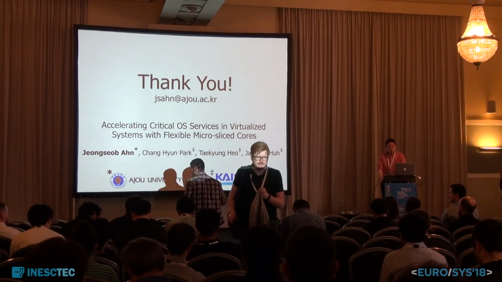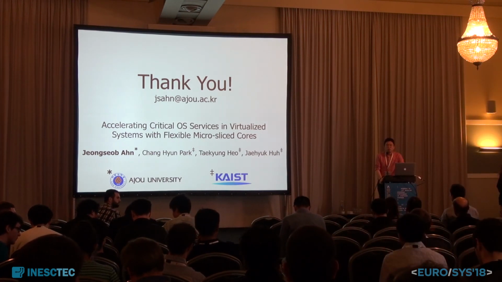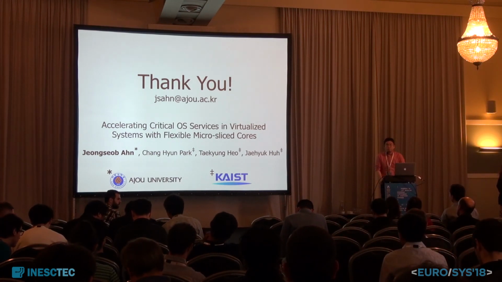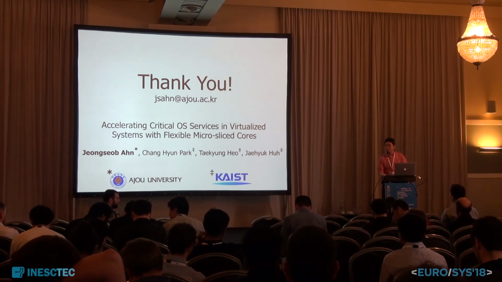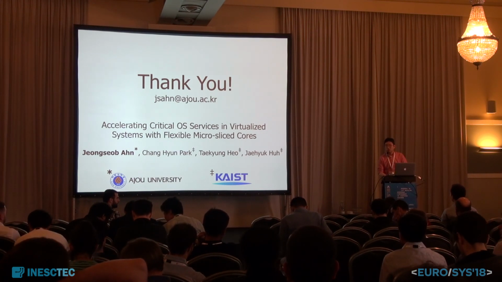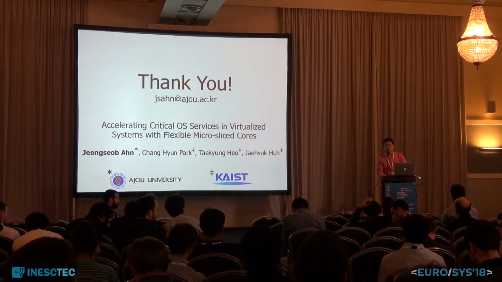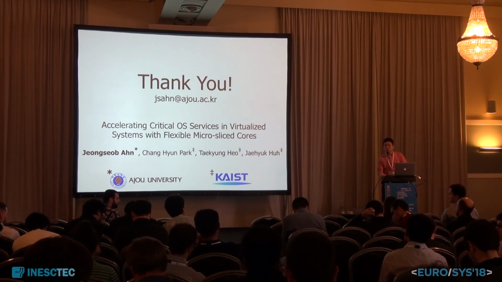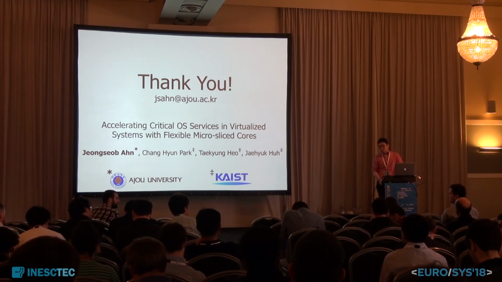How do you assign a budget and period in the fast mode? Is it a heuristic method you use? When you change the budget and period to a shorter one, how do you assign them? You mean the budget, the time slice? Yes. We didn't dynamically change the time slice for each CPU pool. We just fix the time slice. So you have only two types of time slice: when they run in a normal way, and when you detect a critical one, you move to another one. Yeah. Okay, thank you.